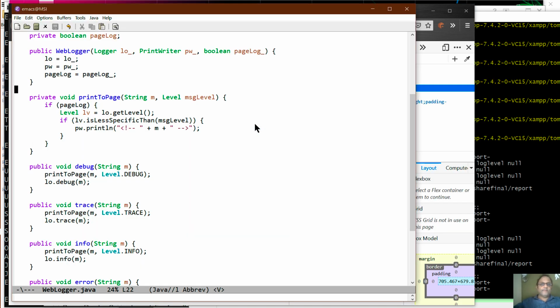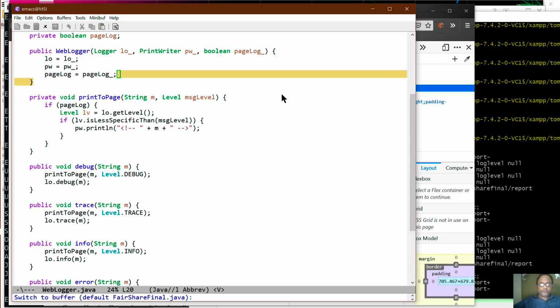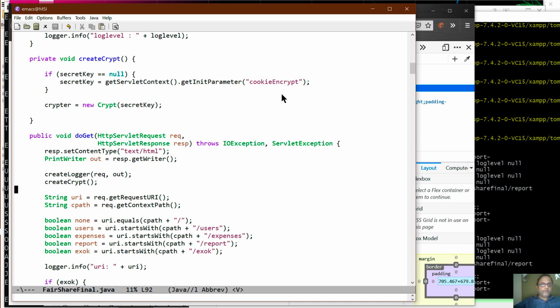Because I have this boolean which says whether or not I should log to the page. And the point is that you need to control that boolean. So first of all, when do we write to the page? We write to the page only when a developer is looking at it, because a developer would like to see what happened at this request right away, instead of having to look at the log files all the time and running grep and all these processes through that. Therefore, what I do is something,